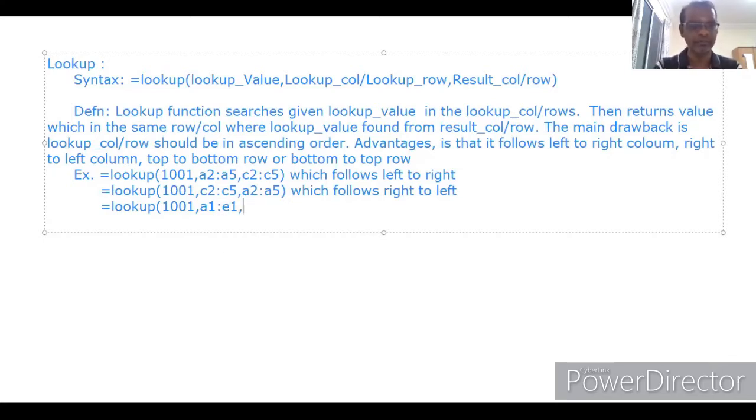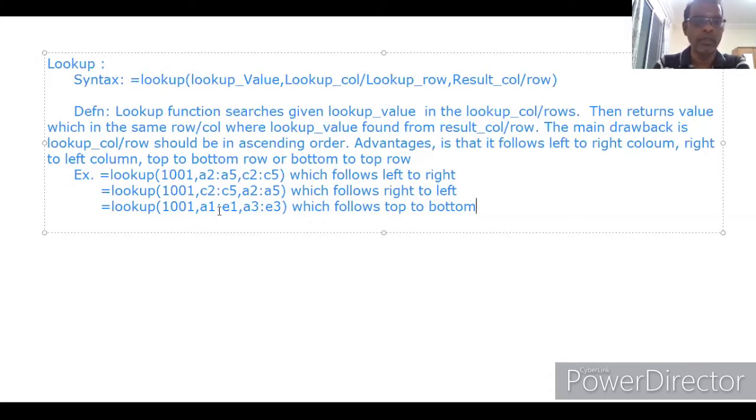Then we can have A3 colon E3. So A1 colon E1, A3 colon E3, which follows top to bottom approach. So 1001 is the lookup value.